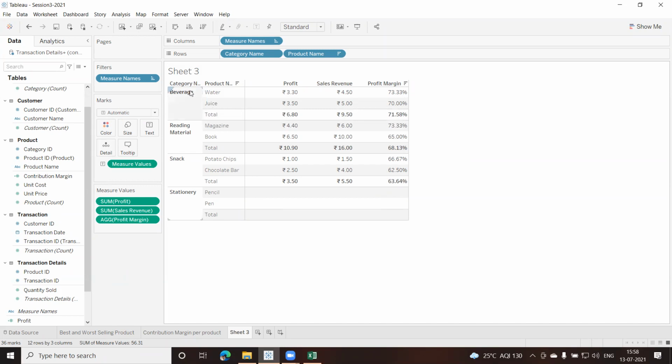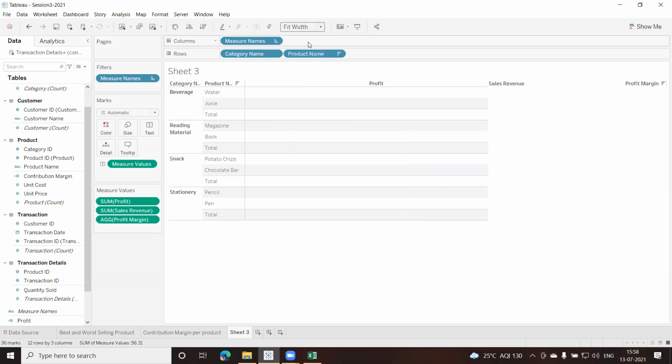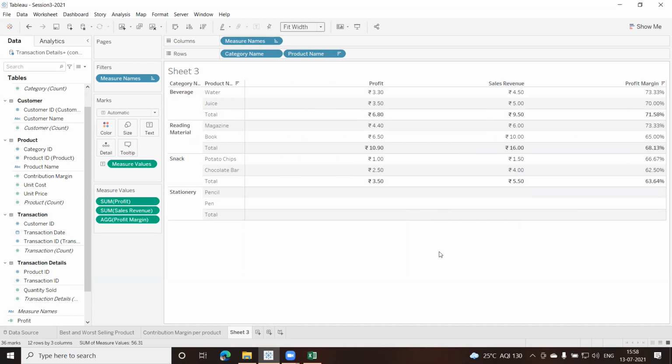If I want to know the total of a particular category, like the beverages category, let us change this to fit the width. Okay, this is better. Under each category, you will find a total, and you can compare this with the other one, beverages and reading.